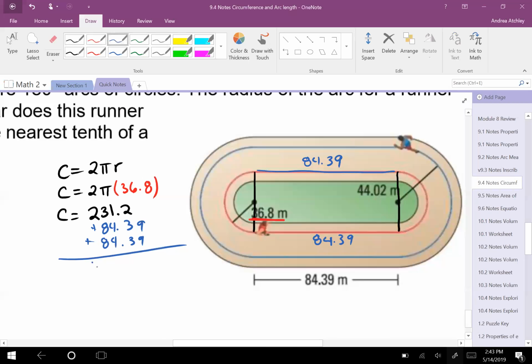Okay, so this should be 400 meters, which makes sense. Does anyone run track? Right? Once around the track is 400 meters. Twice around the track is 800 meters. Okay. But that's on the inside track. Any questions over that? Okay, 9.4 homework is due